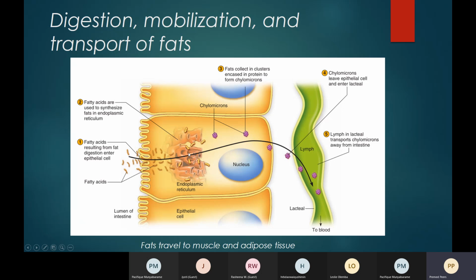The reason we can't put them in the blood is because they're hydrophobic, so they wouldn't mix. So we put them in these hydrophilic proteins called chylomicrons, and the proteins surround them so they're not touching water. Those can be picked up in the blood, and usually go to muscle, because we're going to learn muscles will use fat for energy,